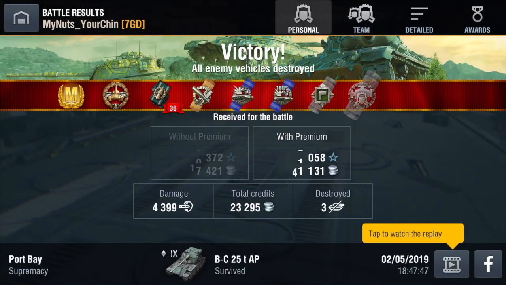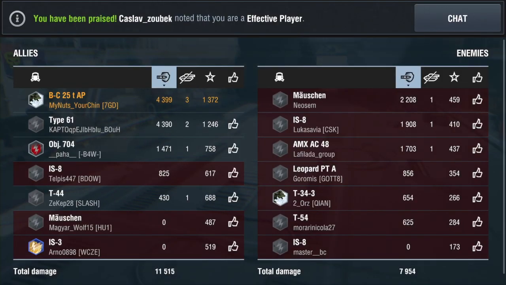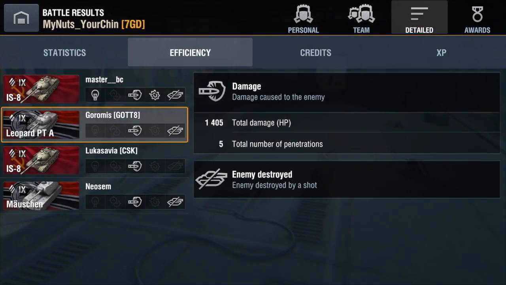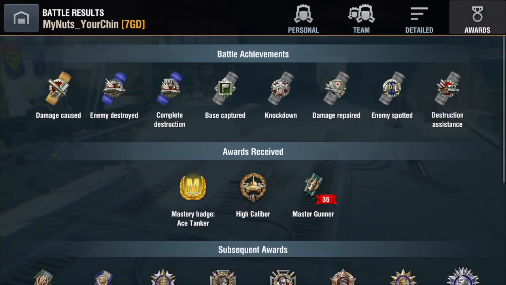Played really well. Mastery badge for me, almost 4.44k of damage. I know that we had the IS-8 as an AFK on the other team, but we had 2 AFKs on our team, 0 damage. So basically it was a 5v6 game, and I think I played the light tank role there really well. Spotted up, capped, cleared the AFK, cleared their most dangerous tank for me, which is the Leopard